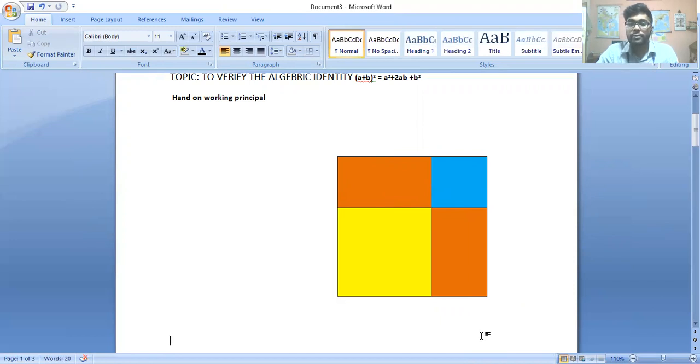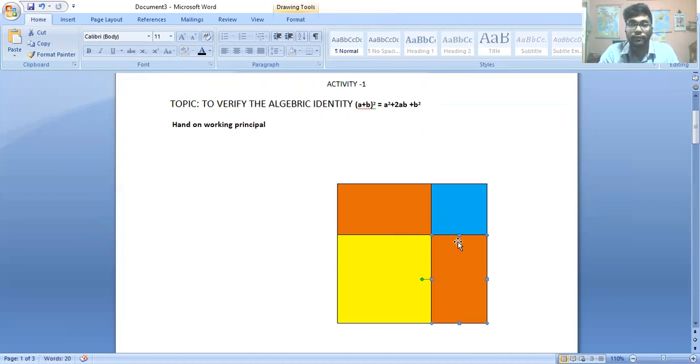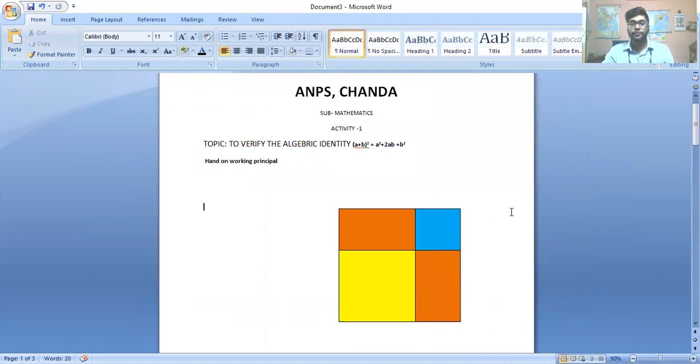And then when you are clicking the picture in order to upload your activity, you just ask someone to hold them back. That means they are paper, na? So you just ask someone to hold them like this, and then you click the picture, so that I know that behind these four objects, there is another object of length 6 plus 4. Okay. So this is the working principle then.